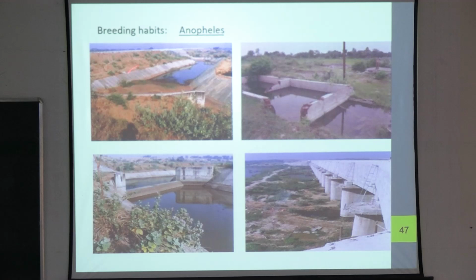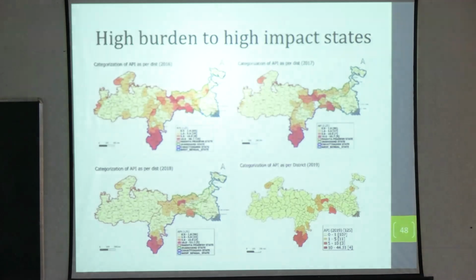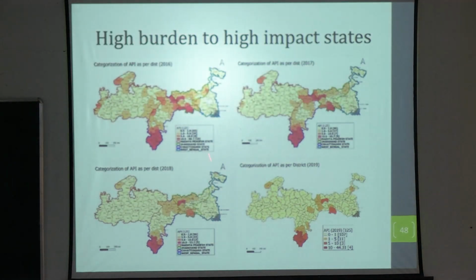These are some of the breeding habits of Anopheles: dam, barrage, these places. Okay, Anopheles mosquitoes are usually found there. This is again another map of the states that used to be endemic in malaria. এখানে এটা 2016 এ এটা ছিল, যেখানে red দেখছো that means it is highly endemic, the API is very high,